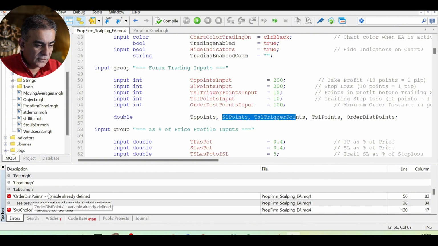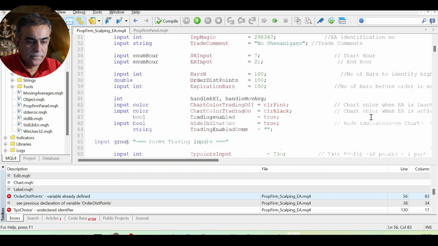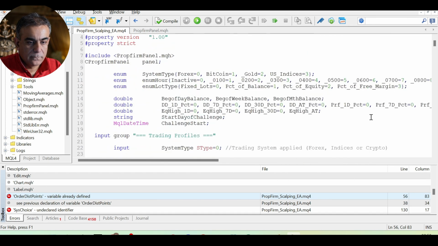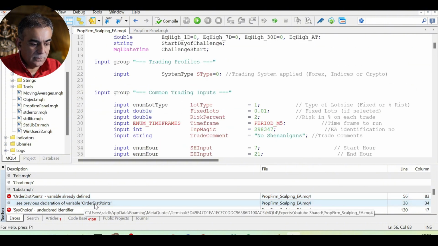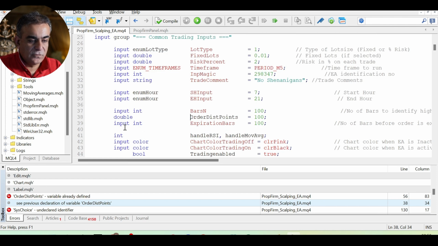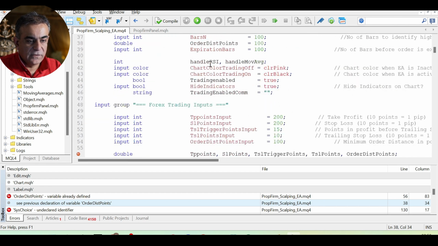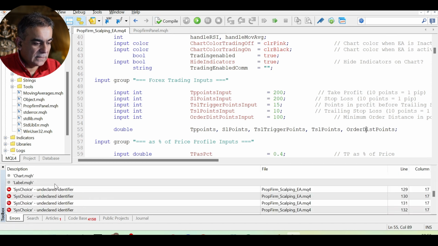And the first one is order distance point variable is already defined. Where is that one defined? See previous declaration, and it is defined here. So we put this here as order distance point input in the Forex, so we can't have it double. So let's move this down here, and if I compile now, I don't have that, and now I have the